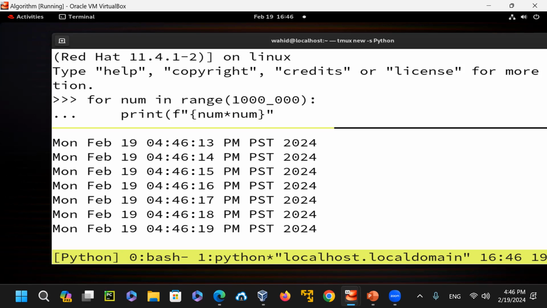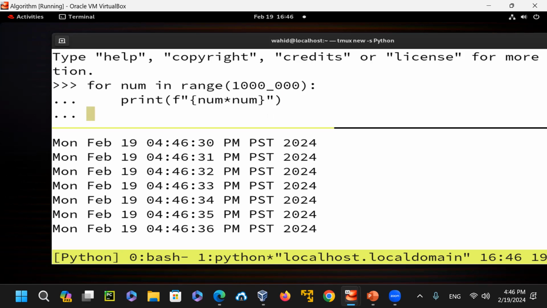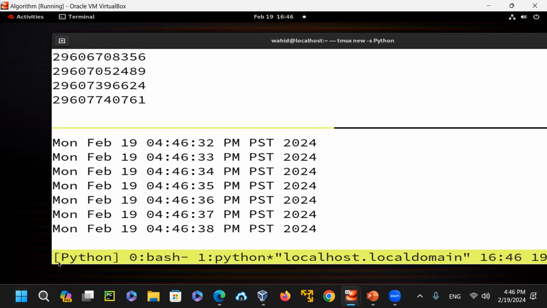Any number times that, 1 million times 1 million. So we're going to print that number, but it's going to be in the range, so it's going to run for a little bit. Sorry, right here is a bracket. I'm going to do that,